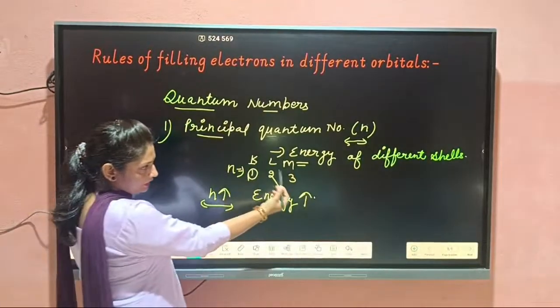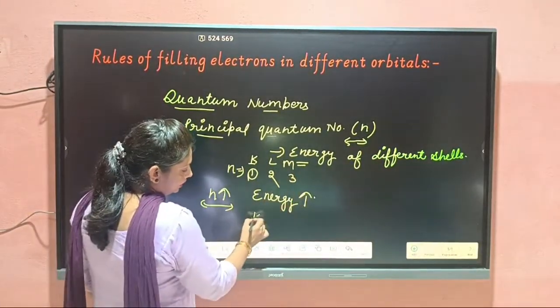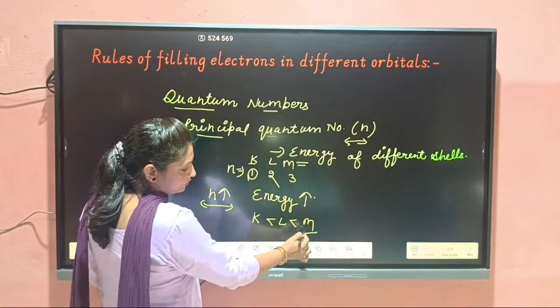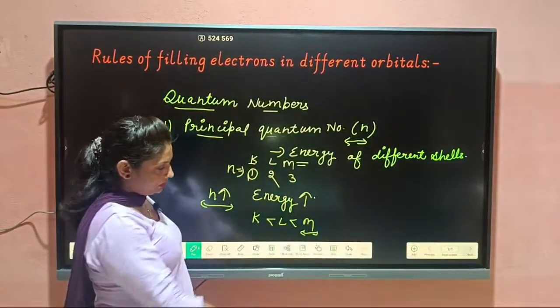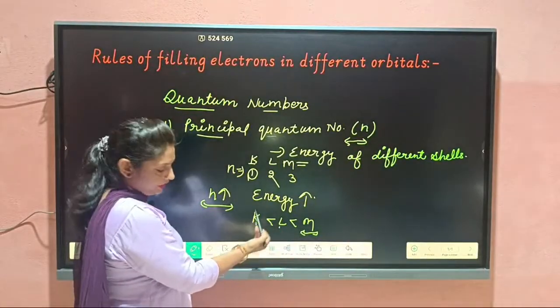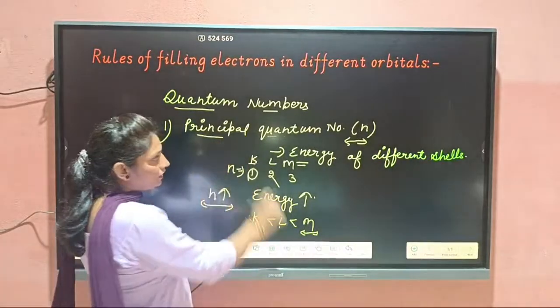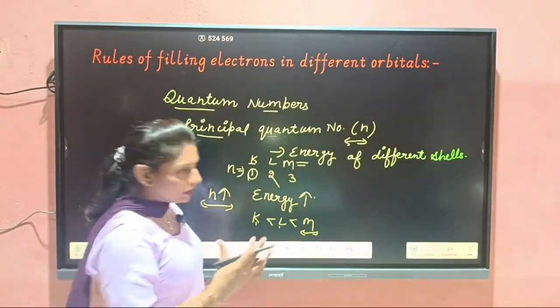So from here we can say that the electrons filled in M shell have more energy than L, than K shell. The principal quantum number also tells about the